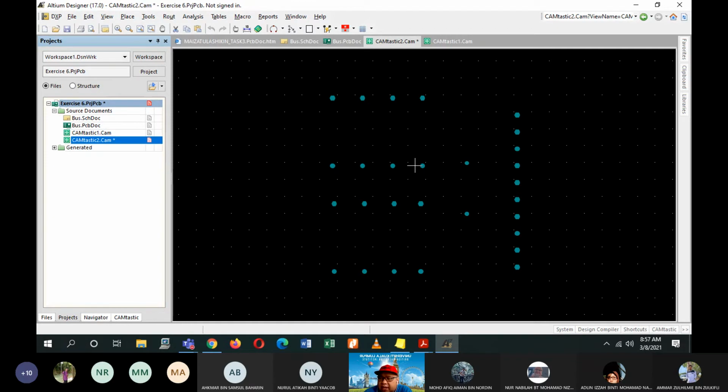Okay, might be that you'll have to do it, contohnya lah dekat jalan pasar. Okay, you just send this file, then they will fabricate the PCB board for you lah. But of course you have to pay for them.